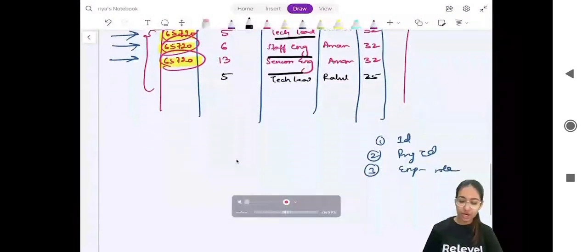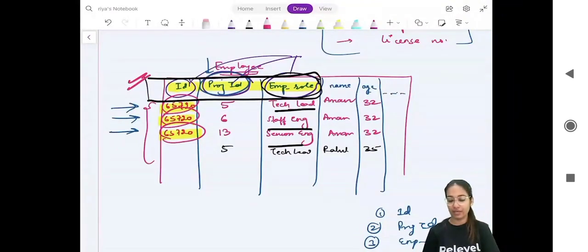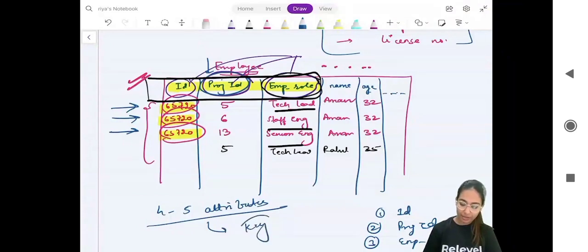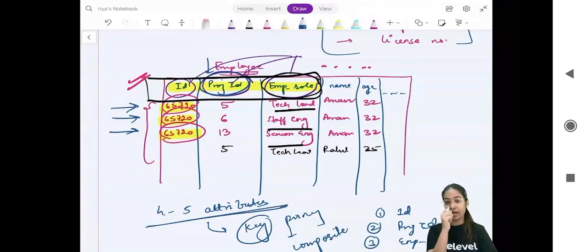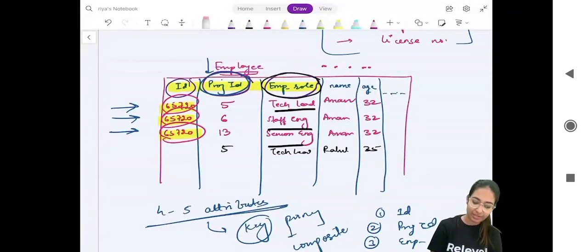Sometimes what happens is not even 3 attributes are enough to pick a primary key. Sometimes you have to pick 4 or 5 attributes, right, for them to become a primary key, which is nothing but a composite key only, right? But sometimes you can pick 4 and 5 attributes, but it actually becomes very difficult to analyze this data and work with this. So what we do is, in situations like these,